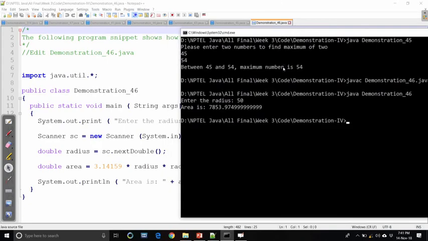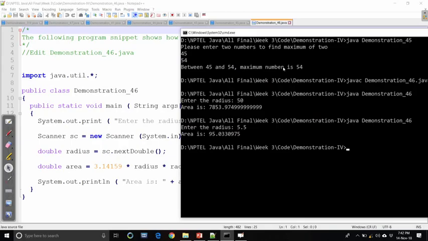Again run this program. 5.5. Okay. So, it basically takes the value as a floating point number in double format, and then calculates the area using the formula that is defined in the method. So, this is basically the way the scanner class can work for you.